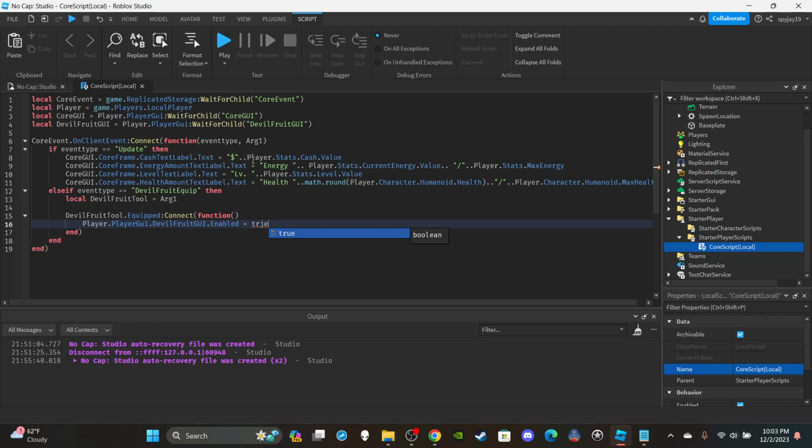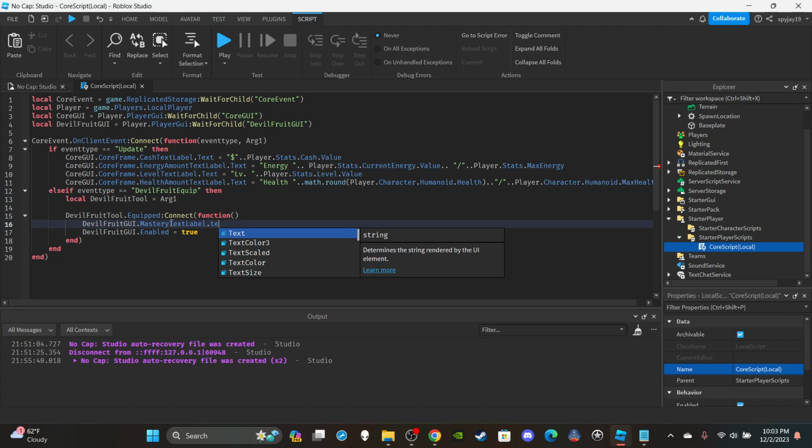to, actually no, we should honestly do this at the end. I'm going to move this, so let's put this above. I should have honestly done that at the end, but yeah. Then we're going to say devil fruit GUI. Wait, actually, I don't know why I referenced it via the player when I could have just done that instead. Yeah, just do that. So I'm going to say devil fruit GUI dot mastery text label dot text is equal to